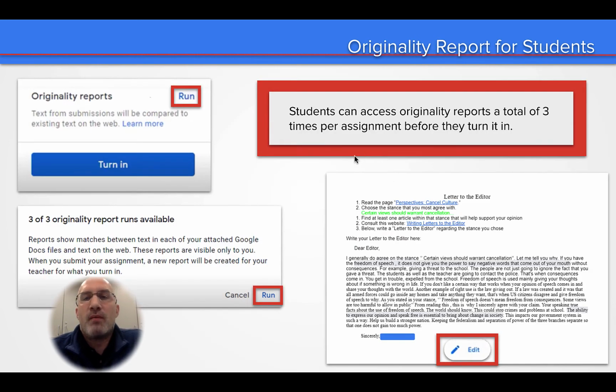Okay, so that's how the originality reports look from the perspective of teachers. So how do they look from the perspective of students? Because students have the ability to run originality reports as well. When they get ready to turn in an assignment, of course you've all seen this blue button